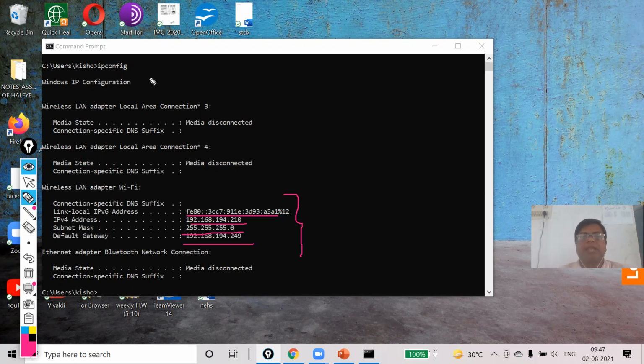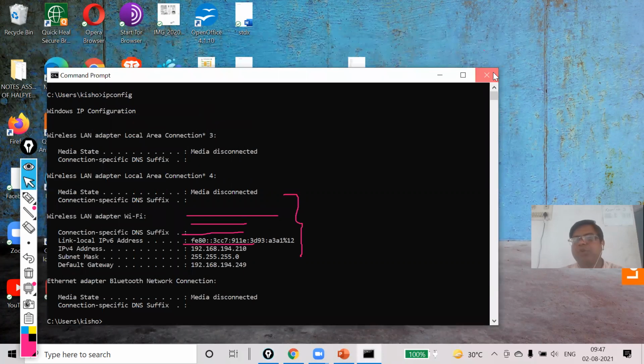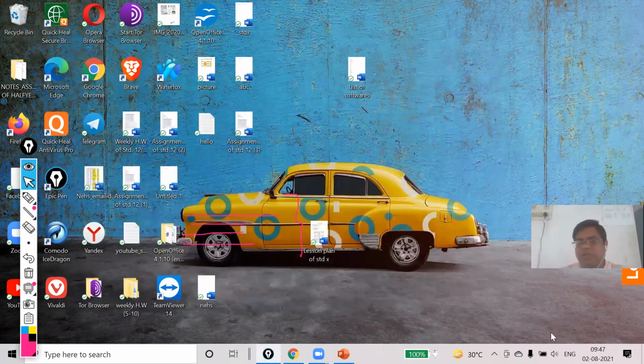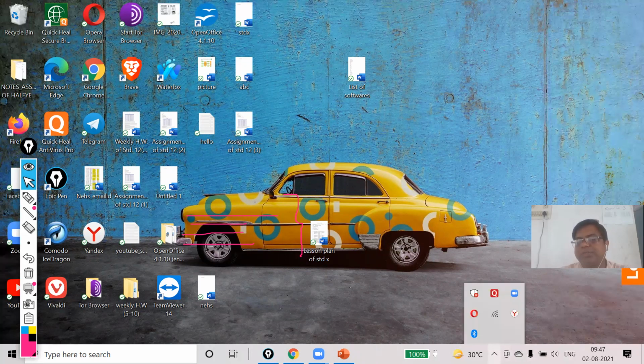Now, the next part, you can check whether your computer is in a network or not, that means getting the internet facility or not. At the right side of the taskbar, you will see an up arrow key. Click on that.